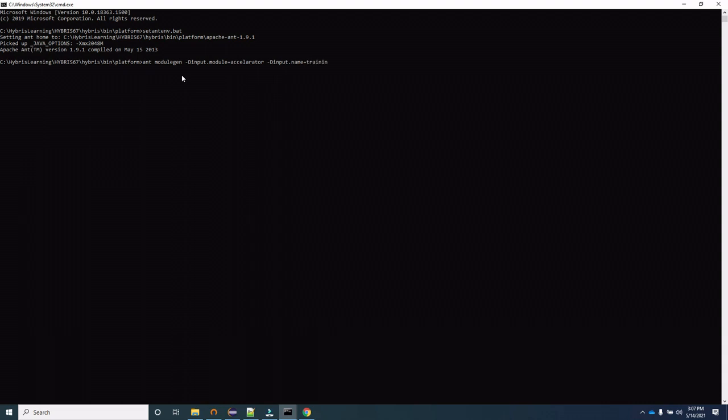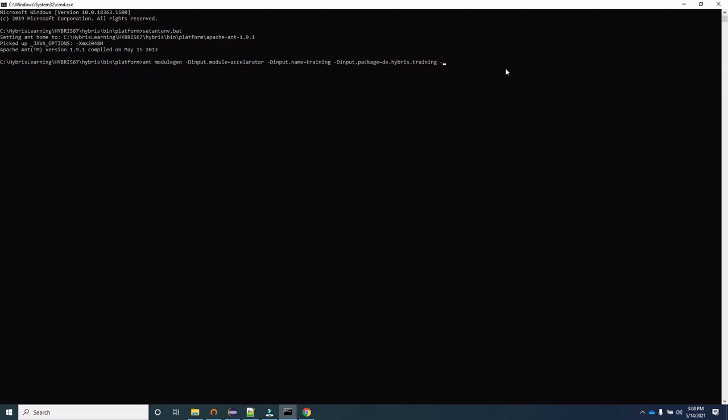We are giving training here. Then the other parameter is the package, input.package. Just like in Java we give the package structure, the package prefix, similarly here we'll give de.hybris.training. This input name and package you can give as per your choice as well. It is not hard and fast that it should be the same.